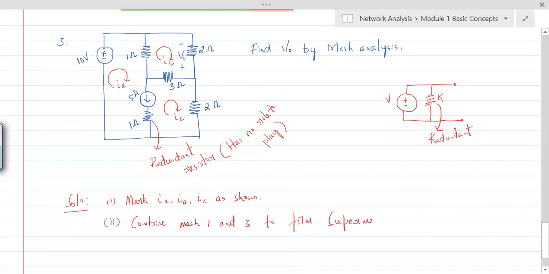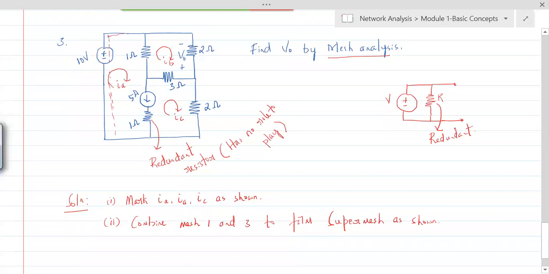And one more thing that I wanted to tell you is whether this is a super mesh problem or not is something that we should decide. They'll just say mesh analysis, but it is we who should decide that it's not just a mesh analysis problem, but a super mesh analysis problem. They in particular don't say it's super mesh. So it is up to us to understand that. Okay, so let's form the super mesh, and this is how we do it, everybody.